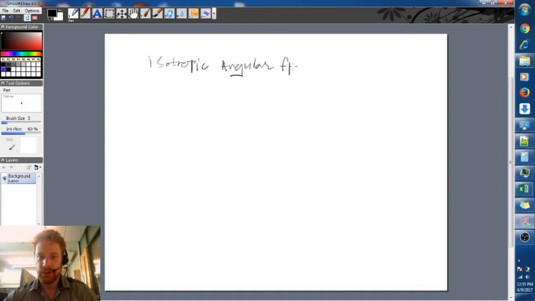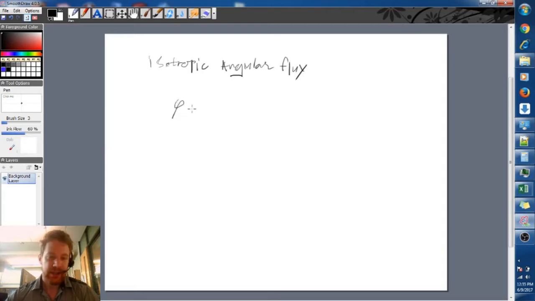So isotropic, iso meaning one, or unity, and tropic meaning direction. Maybe iso means more uniform. I don't really know the etymology, but isotropic means that it's invariant with direction, and what we can write is